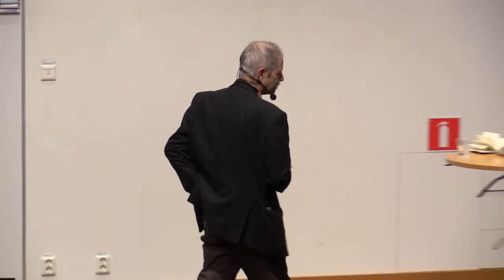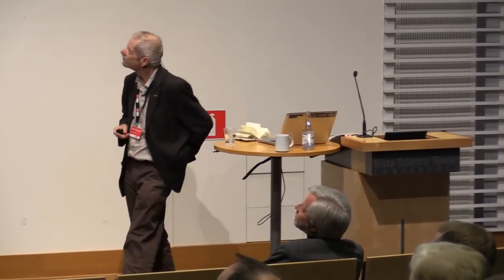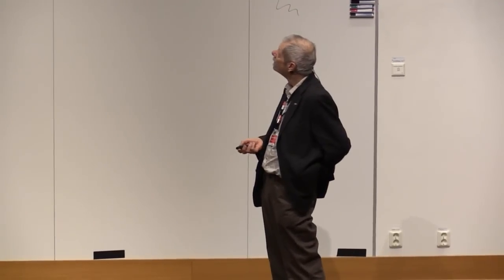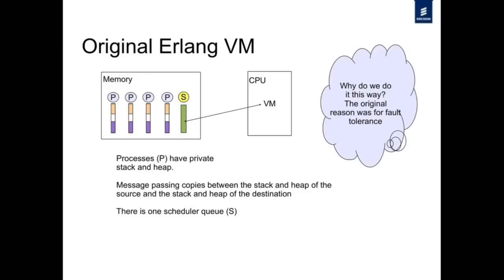So with pure message passing, we can handle failure. I'll talk more about that later, because I've got some separate slides about that. So the details. How did the original Erlang work? We made a good design decision a long time ago, about 1989 or something like that, and that was every process should have its own stack and heap, and there should be no shared anything, no shared garbage collection, no shared anything at all. That turned out to be a very good decision.